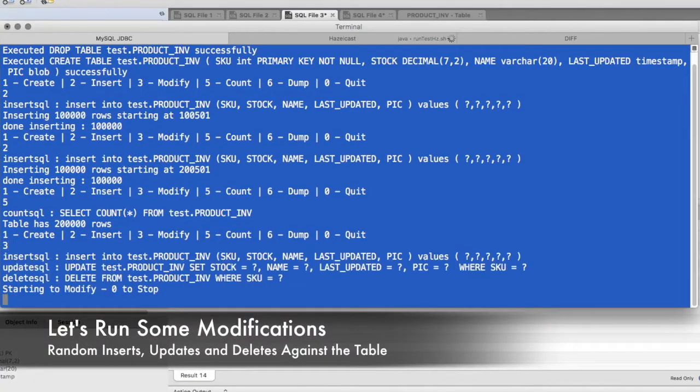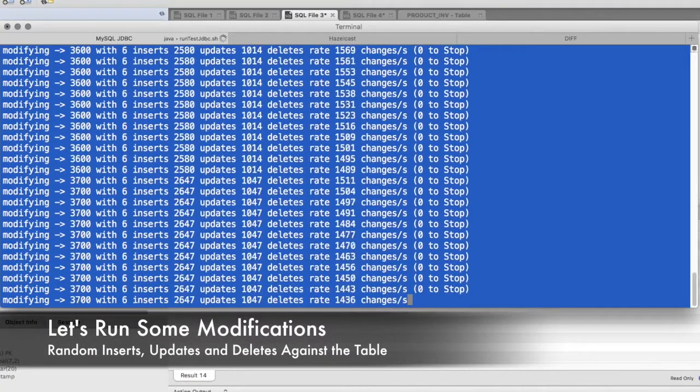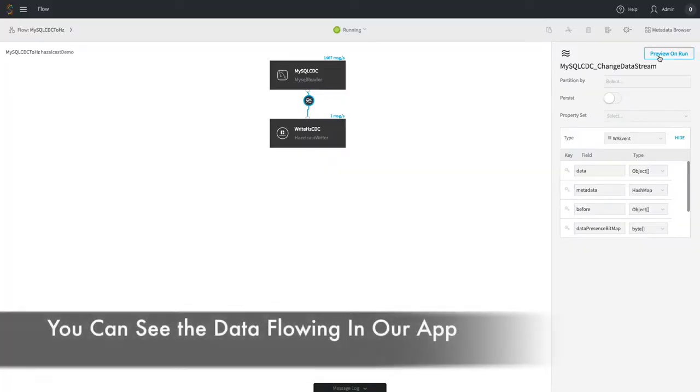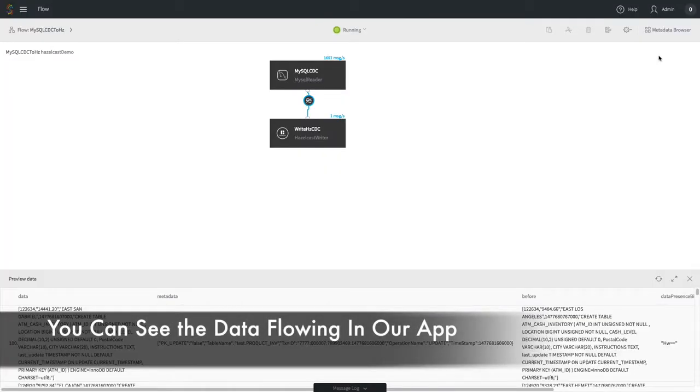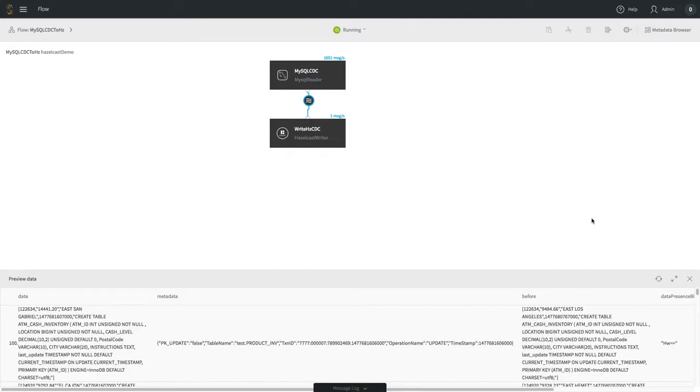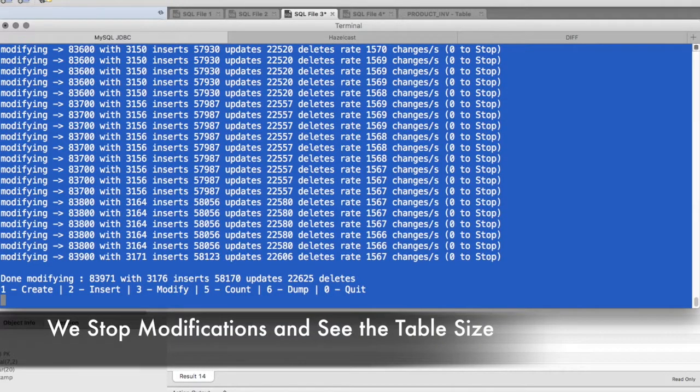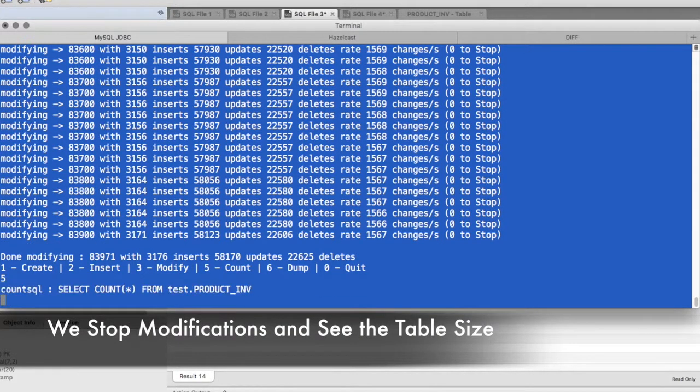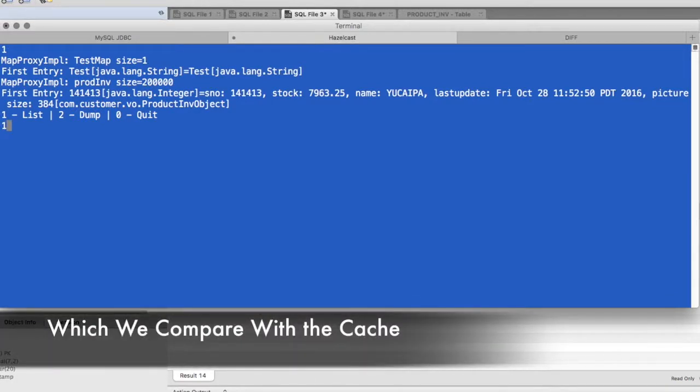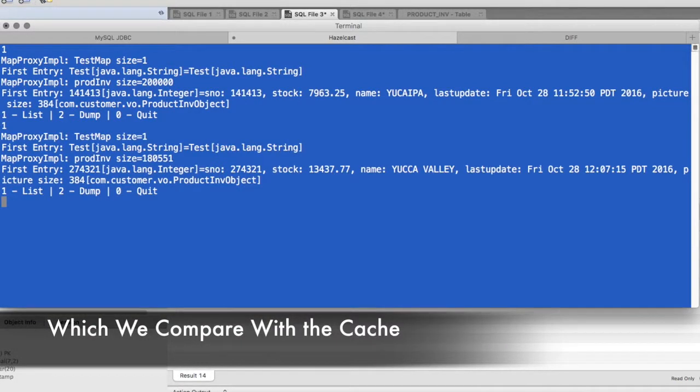Let's run some modifications in the form of inserts, updates, and deletes against the table. You can see the data flowing here in real time in our application. We stop the modifications and see the table size, which we compare with the number of entries in the cache. Both the table and cache have